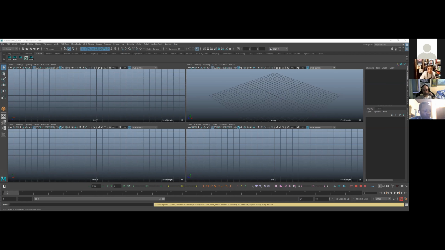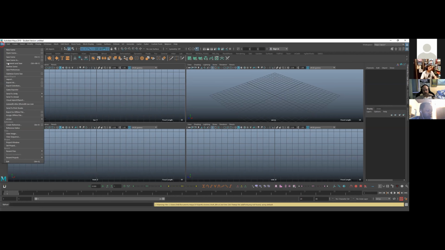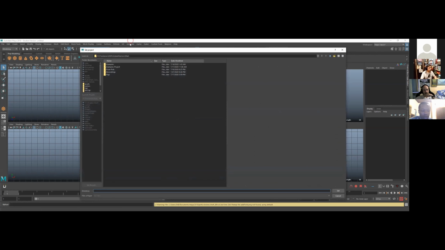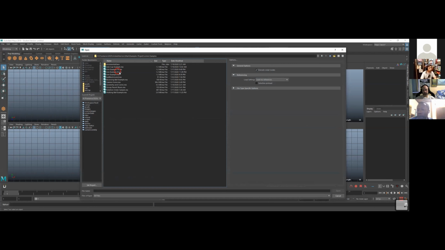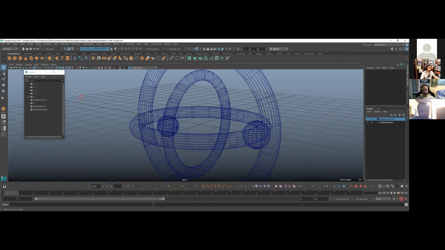And so first thing I'm going to do is make sure my project is set to the correct project that I want, as you always should do, the first thing you should do. And mine is right there. Click set. And then I'm going to start by opening the example file. I'll just hit Control O. And then I'm going to start by opening the example file for rotation order sample. Okay, so